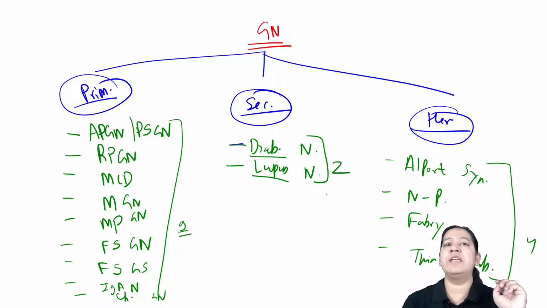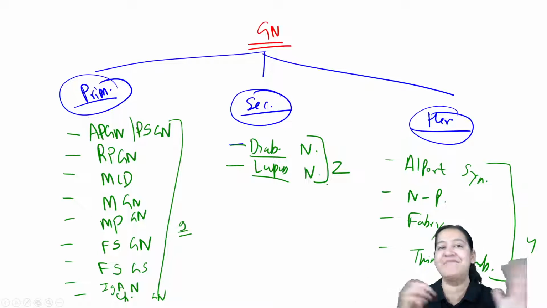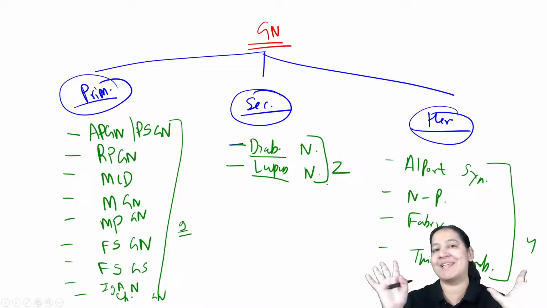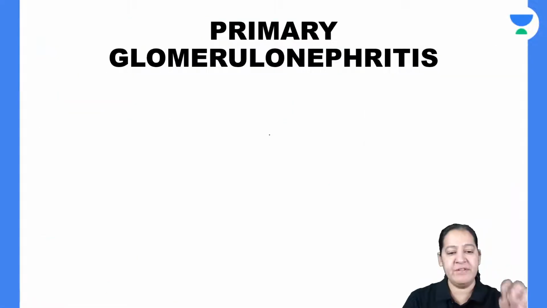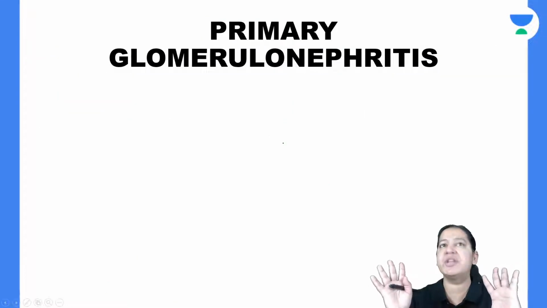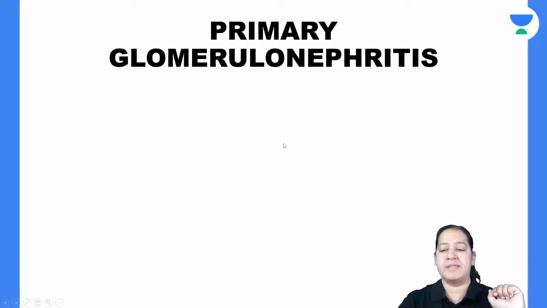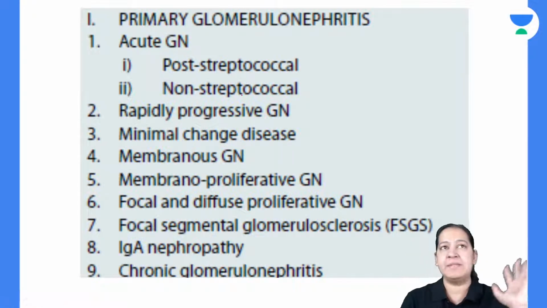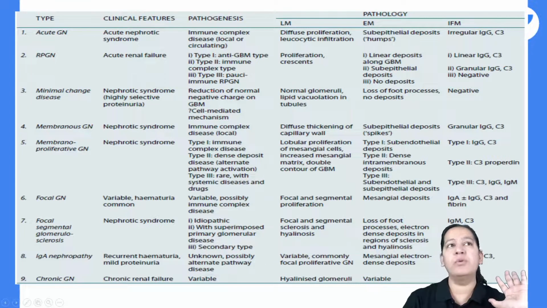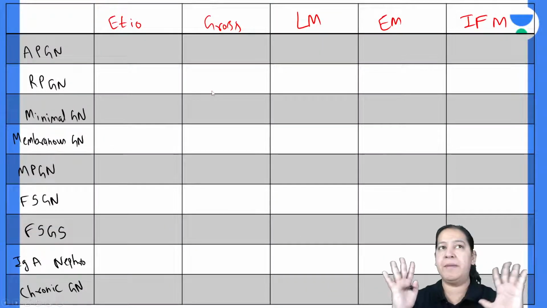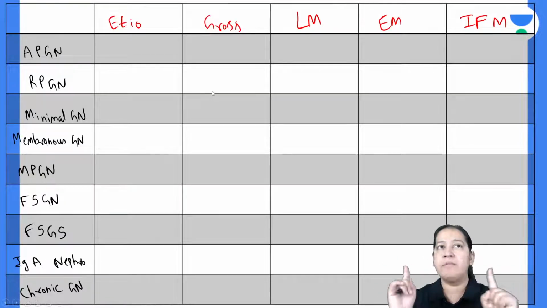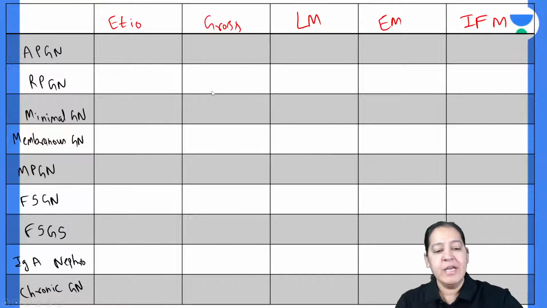So I am going to teach you all these in a comparative manner. So it is going to be a super exciting lecture for you. Right. So let me start with the primary without wasting time. If you have understood the classification, let me start with primary glomerulonephritis. As I have told you, the primary glomerulonephritis are of nine types. You can see the nine names in front of you, right? I advise you to make a comparative table between them. So here I have drawn a comparative table between the nine types of primary glomerulonephritis. I will take one by one and explain all of them, right? You can see the various names.